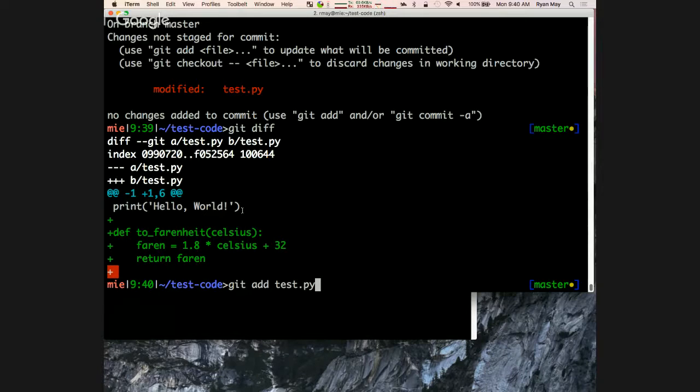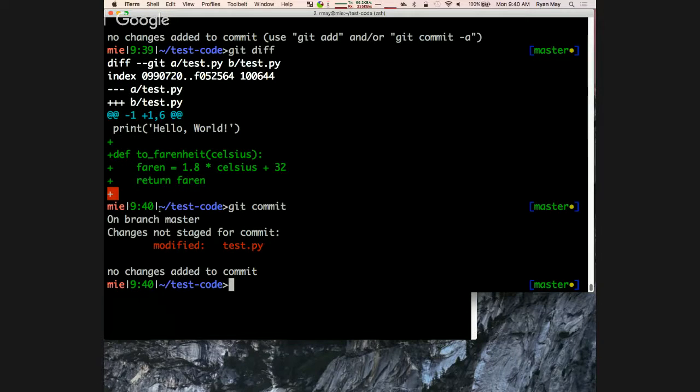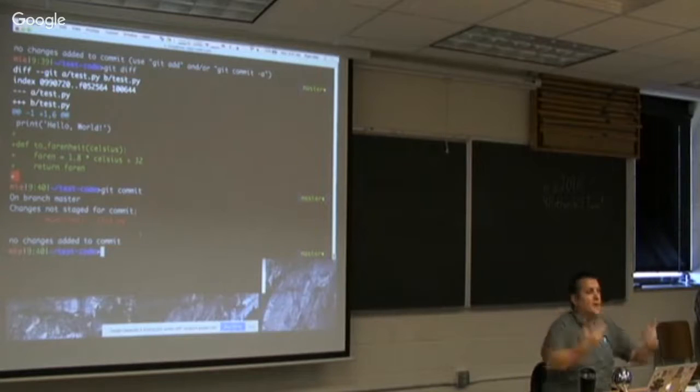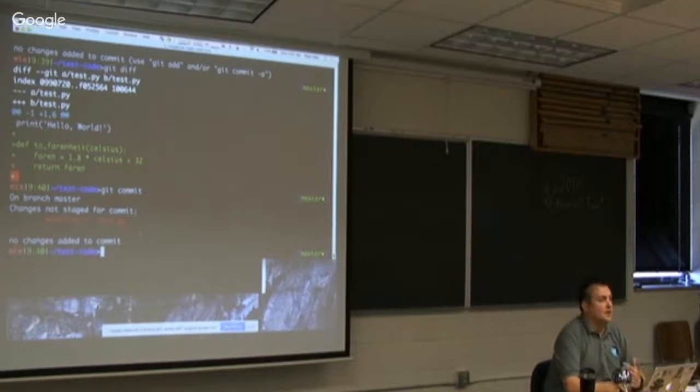Why add instead of commit? Seems like you already added it. Oh yeah, well, it's red on the end. So if we do git commit, we see no changes added to commit, changes not staged for commit. So this is that two-stage process I tried to explain, but it takes some wrapping your head around. That's one of the challenges of Git, but it's one of the features that makes it work well once you get used to it.